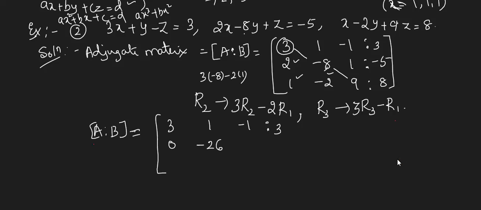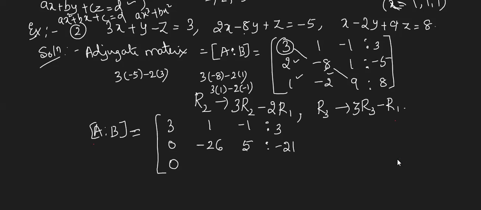Next set is 1 and minus 1. So this is 3 into 1 minus 2 into minus 1. How much? 5. Next set is minus 5 and 3. Substitute here: 3 into minus 5 minus 2 into 3. Minus 15 minus 6, correct? Minus 21. Very good. Next, this element is surely 0. Next, for minus 2, tell me the corresponding R1 element.